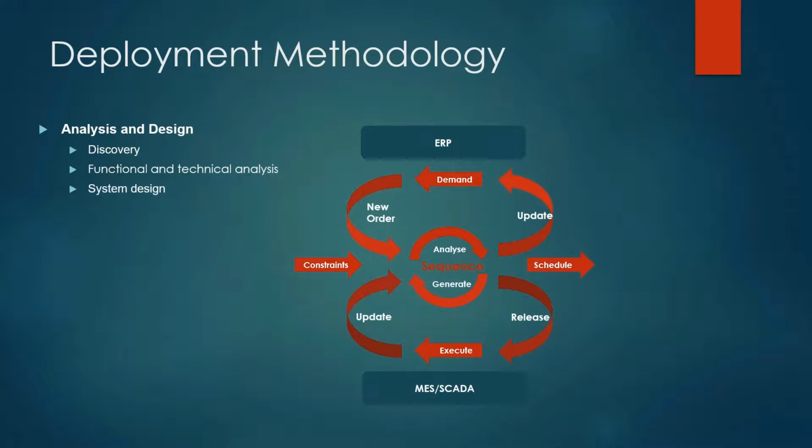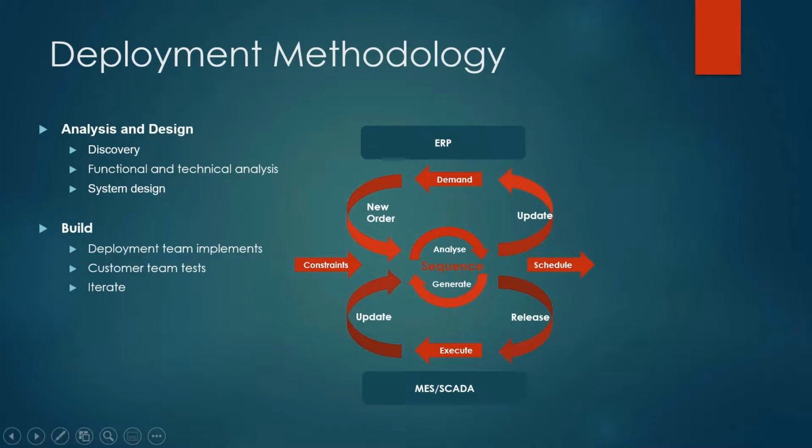The functional analysis is more or less, what do the people need? What does the business need? The technical analysis is, okay, these systems that are humming along in the background, exchanging ones and zeros, well, what sorts of ones and zeros do they need, and in what form and at what timing? And once these things are known, then your APS provider can make a system design, at which point the build phase begins, and the deployment team